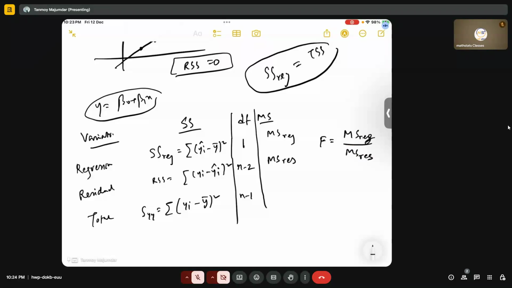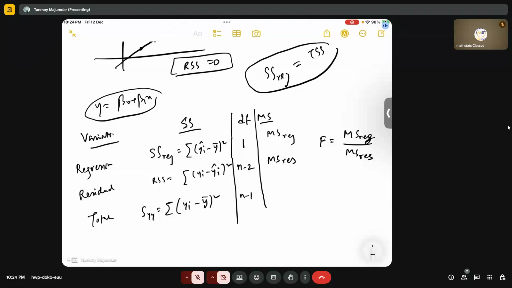This is the thing. So we can easily find the F statistic, and since the F distribution follows this, if it is greater than the critical value, then we can say it is significant. Okay, so basically, using the F distribution, we looked at how the overall regression model's inference works. Okay, so